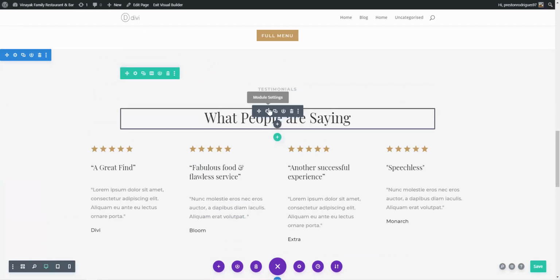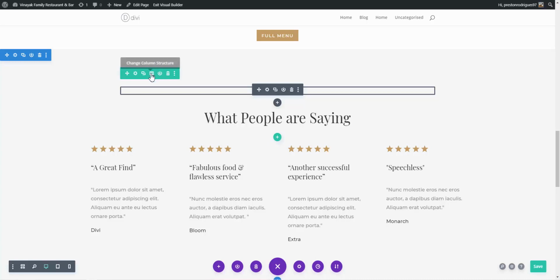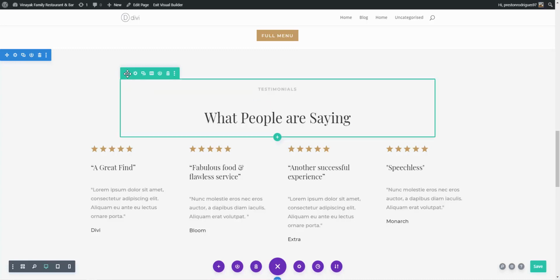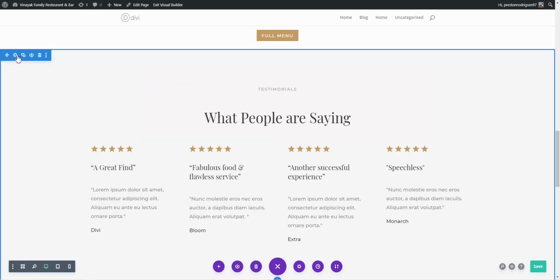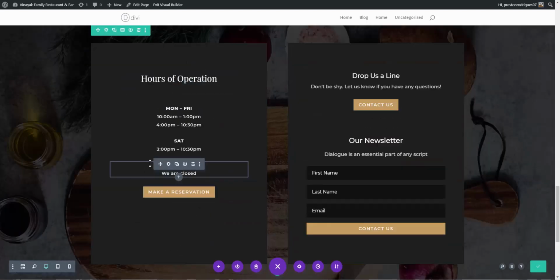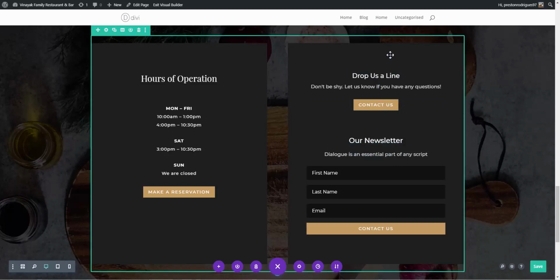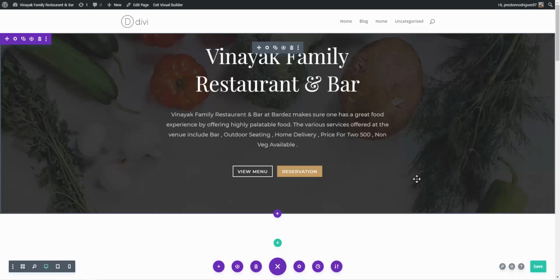Now you can see there are 3 colors over here. That is the module, the row settings, how many rows you want, and then the section. Over here also you can go ahead and change the details, like to whatever timing you want, and then you can also create this newsletter or change this to something better. Let me show you some of the essential settings now. Let me click on save,